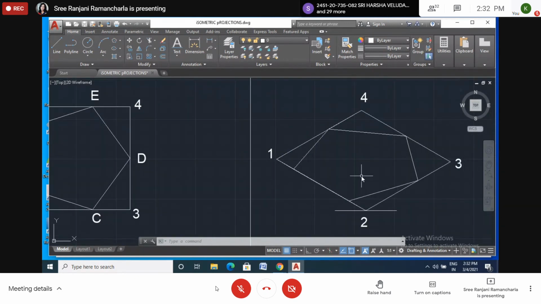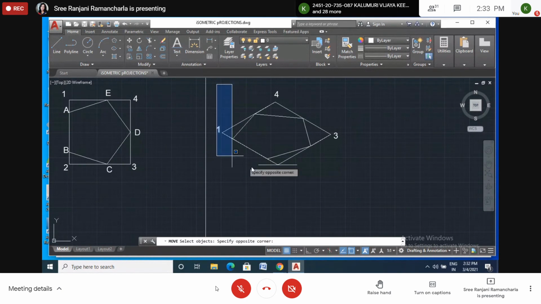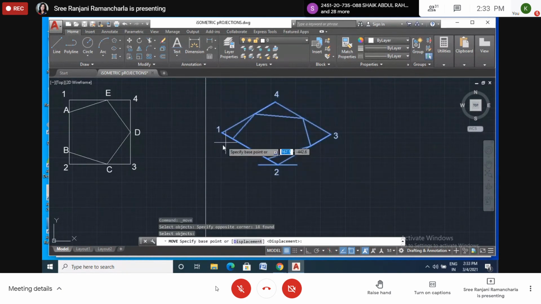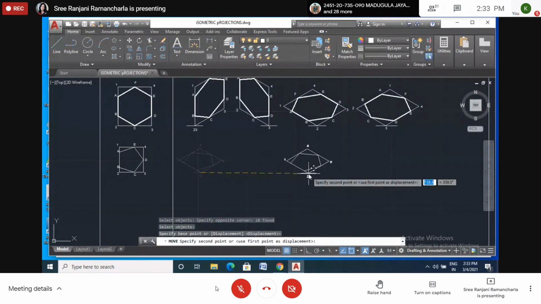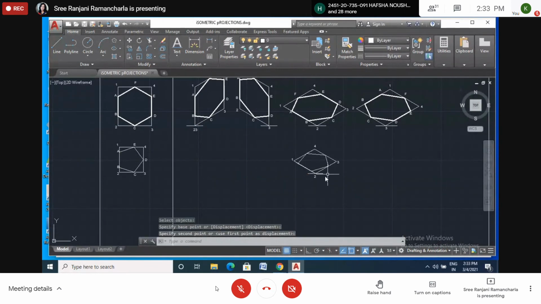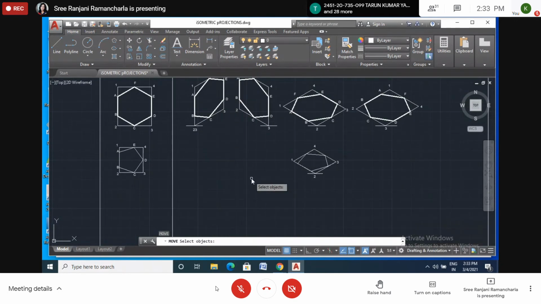Okay, this is the top view I had drawn. So here we can draw the side view also. Just I will move this one. I will move here. This is the top view. So similarly, side view also you have to draw in this way. Please draw all of you the side view also. Side positions, side faces also you have to draw in isometric projection.